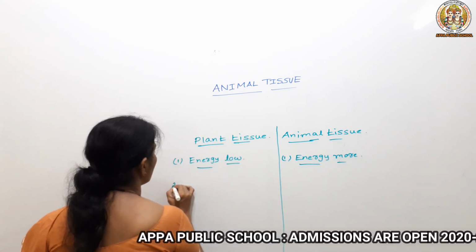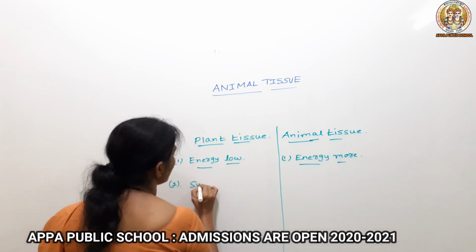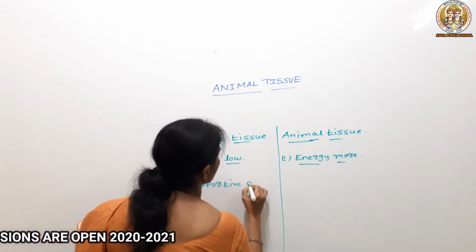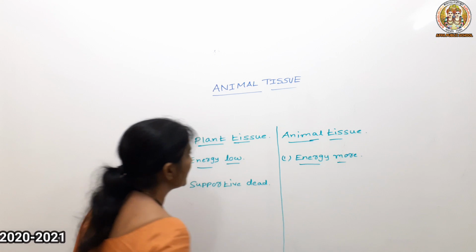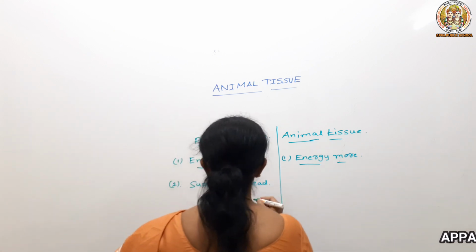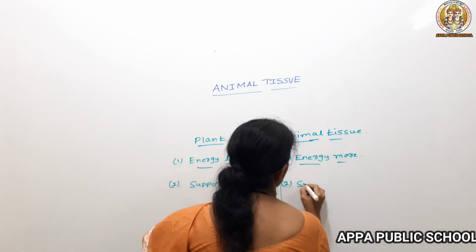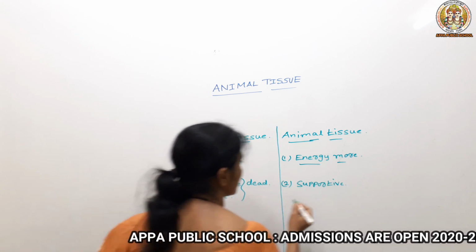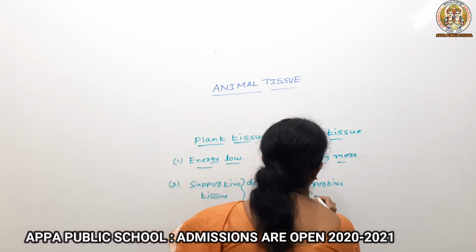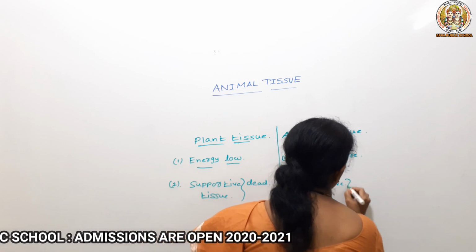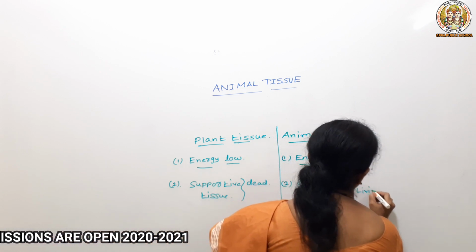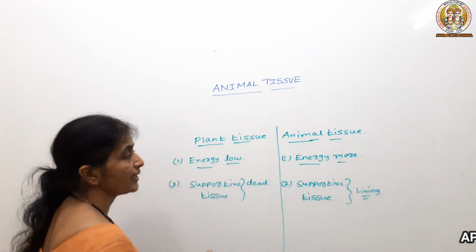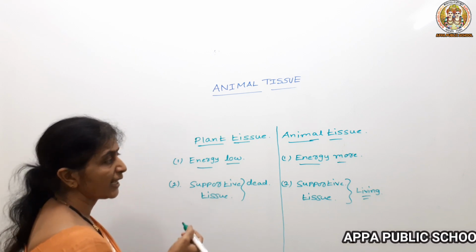Then second one, the supportive tissue. They are the dead tissue. Supportive tissue will be dead tissue. You can see many tissues are dead in case of plant tissue, but the supportive tissue in case of the animal tissue, they are living. In case of the animal tissue, you can see maximum they are living tissue, because it requires more energy for the maintenance, either for the movement or to maintain,